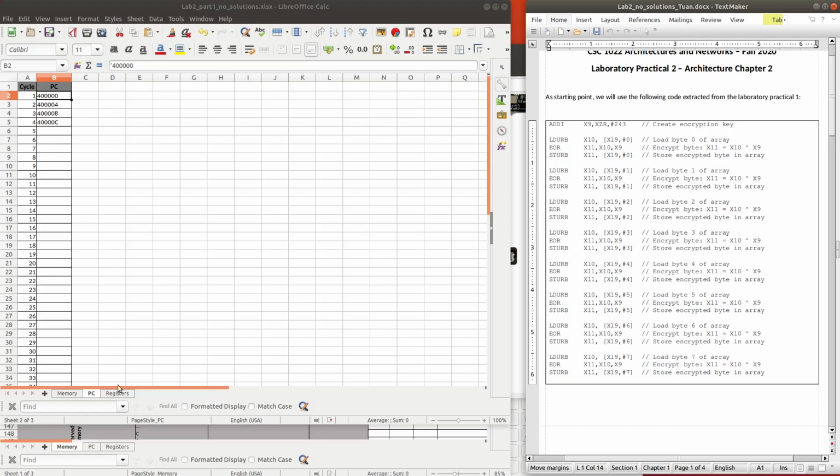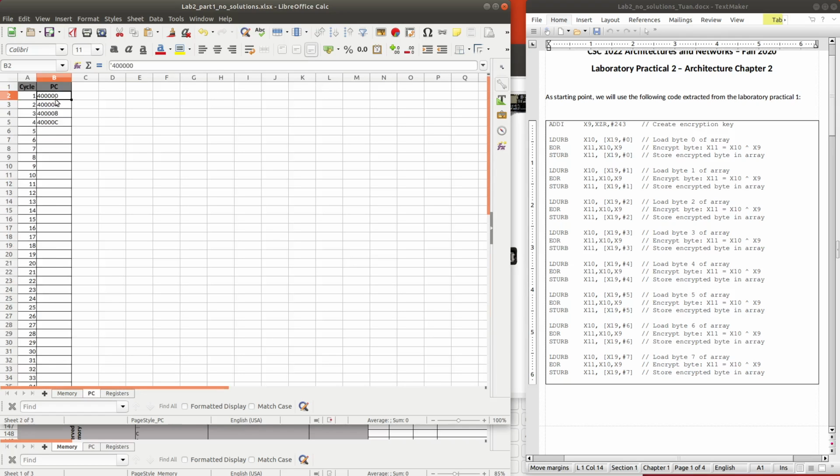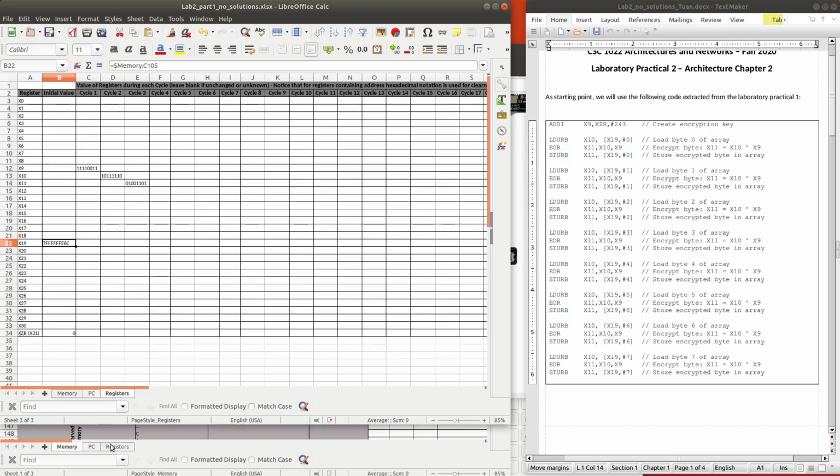But as I said before, our program here will be 4 bytes for each instruction, and so the value will be 400000, 400004 like this. That's why you have the initial value of 00 here, and it counts up 04, 08, 0C, and for the remaining you have to fill it yourself. For the value of register, we have an initial value in X19. Here are the initial values from X0 to X31.